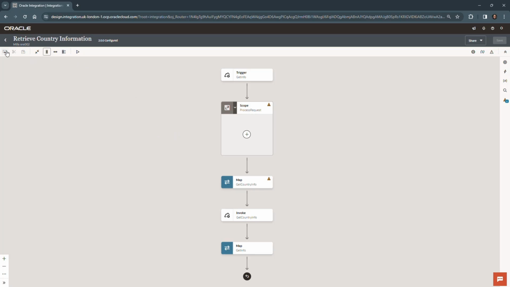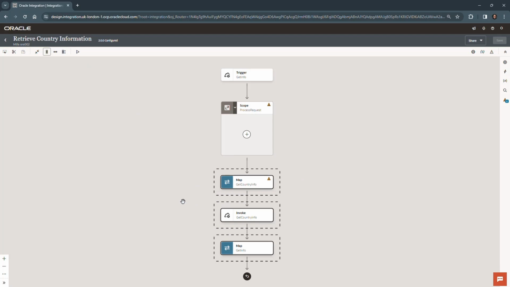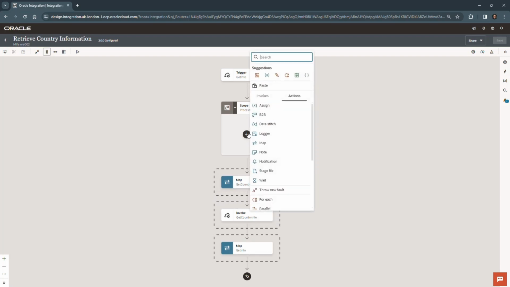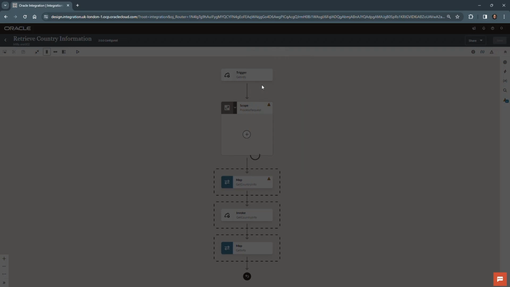So I click on this icon here, and then I'm going to drag my cursor around the three elements. Actually, I said two. I need to drag around all three of these. And once I've done that, the box looks like it goes away, but that's okay. When I click here on Cut, it identifies the three that I've selected. And now when I click here on adding an action, rather than choosing an action to add, notice there's a new little paste that pops up in here. So I click on Paste,